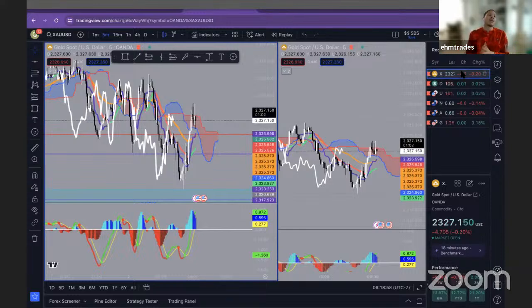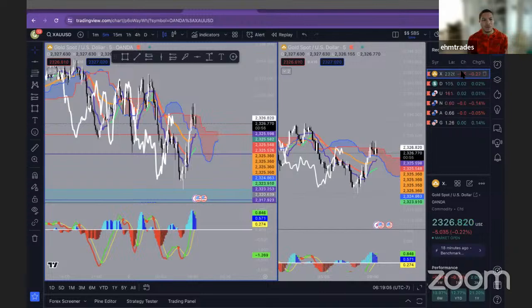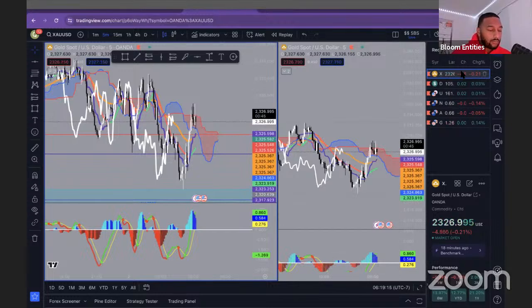The more I've utilized my live account, one thing that has really, really helped me with is my risk management and my patience. My risk management and my patience, because